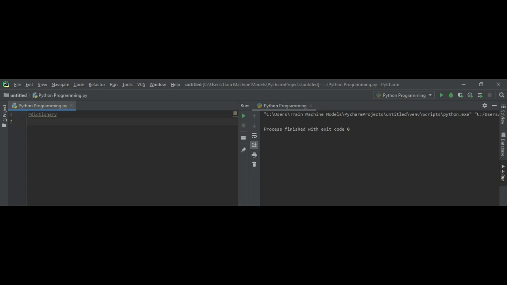First of all, we have to write the name of a dictionary, which we select my dictionary, then assignment operator, and then curly braces. Keep in mind that a dictionary is always defined by using curly braces. So first of all we write a key and then value. My first key is name and its value is